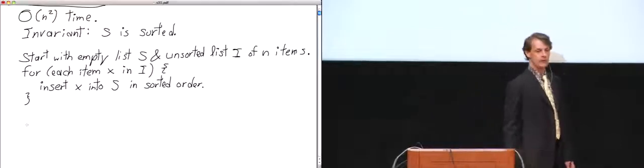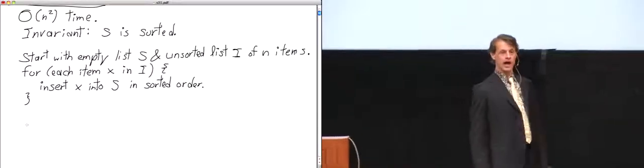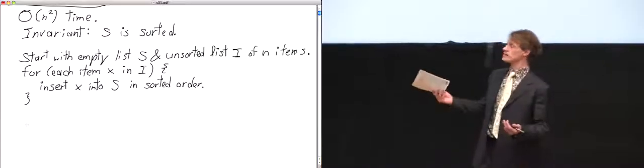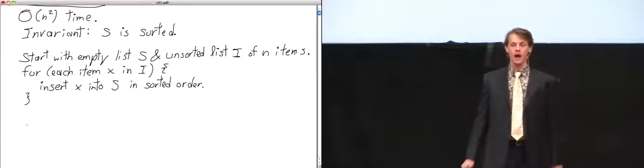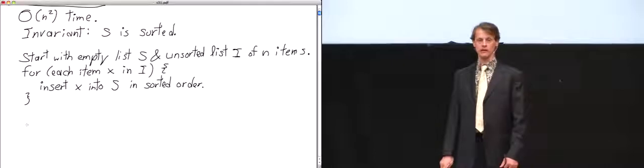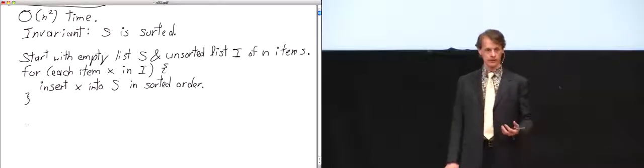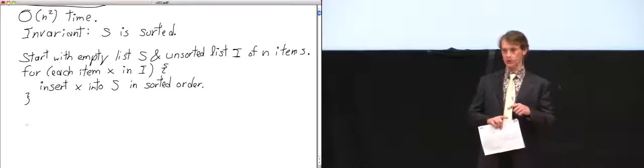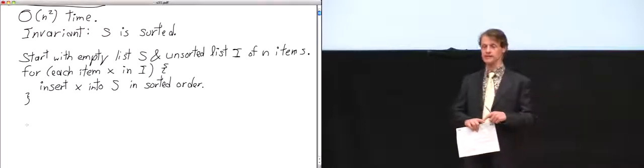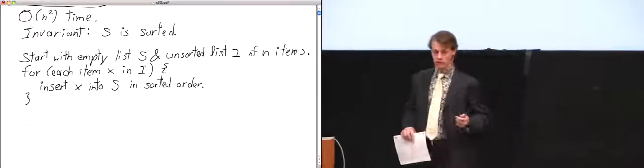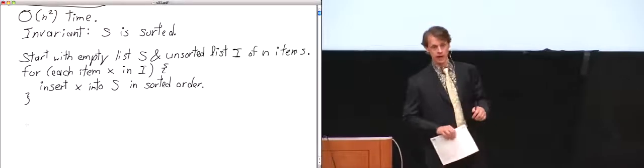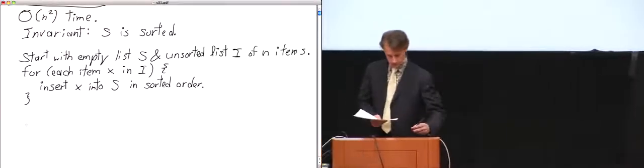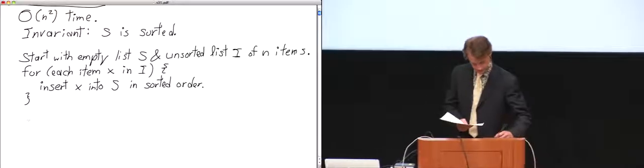What about the running time of this? The running time, as I say, is n squared in the worst case, but the reason why it's n squared differs depending on the form of the list you're sorting. So I want to consider both what happens when you sort a linked list with this algorithm and what happens when you sort an array with this algorithm. So let's consider linked lists first.